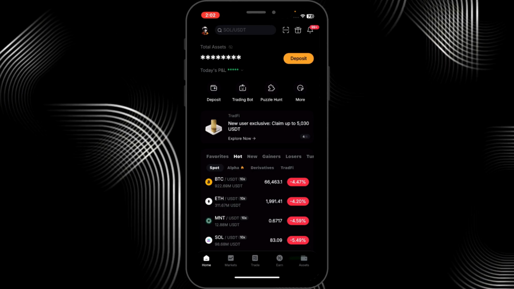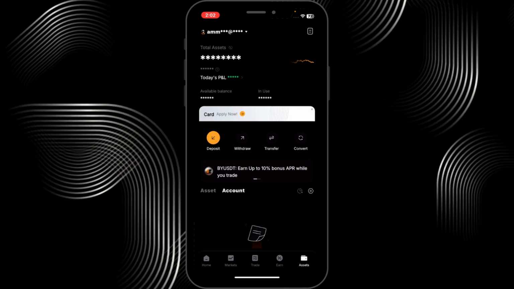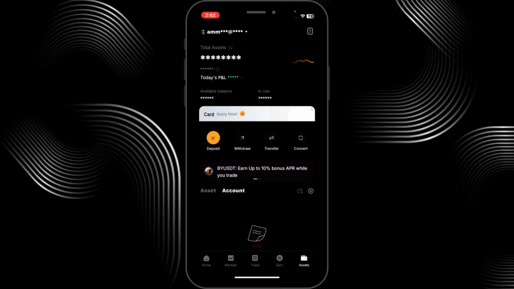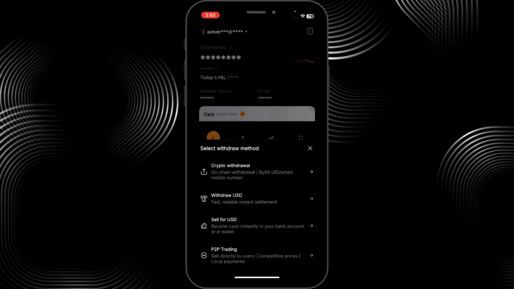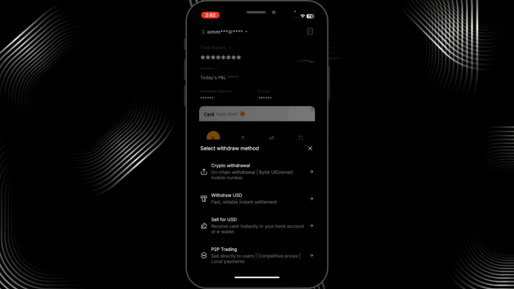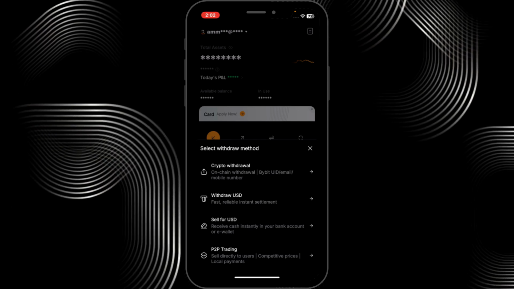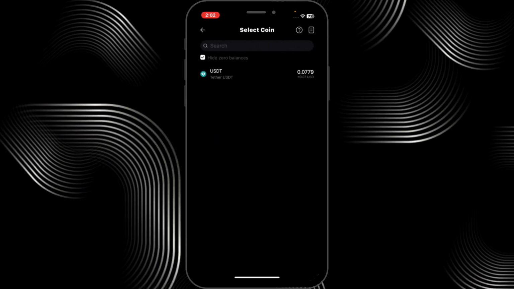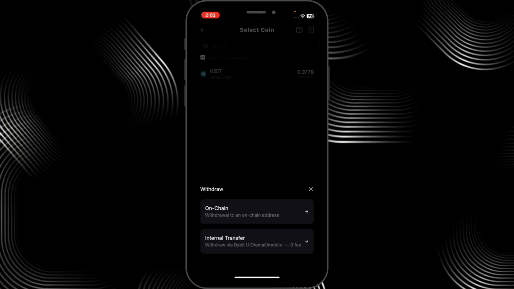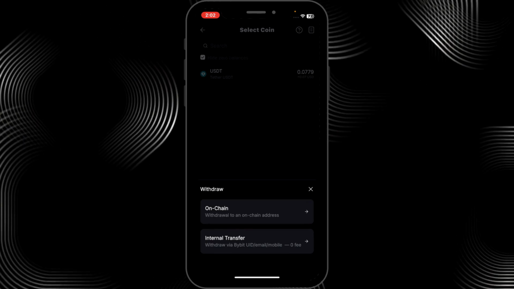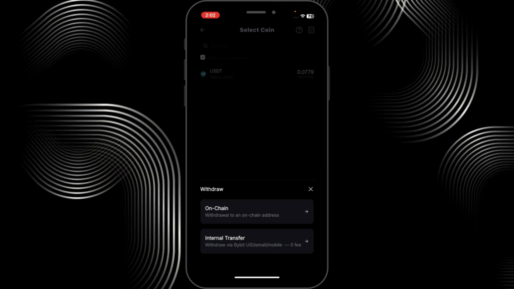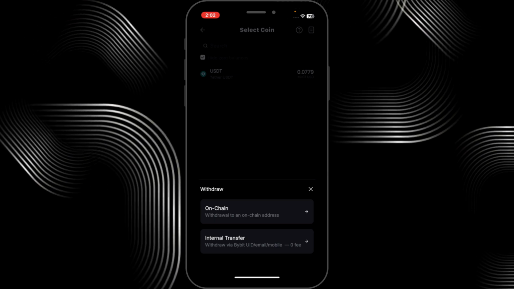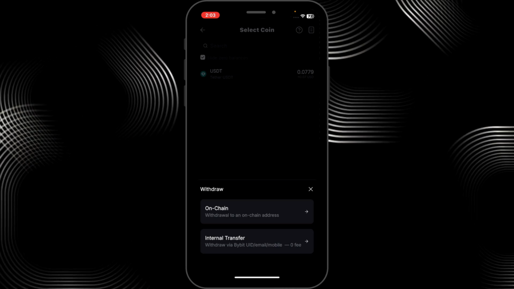So if that's so, what you're going to do is hit Assets at the bottom right, and then hit Withdraw. Right, and you can basically select Withdraw Crypto. Select your USDT, and you have two options. You can withdraw via another wallet, like a different platform, which requires a generated address to be sent, or